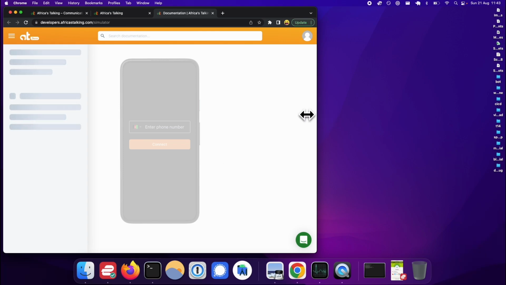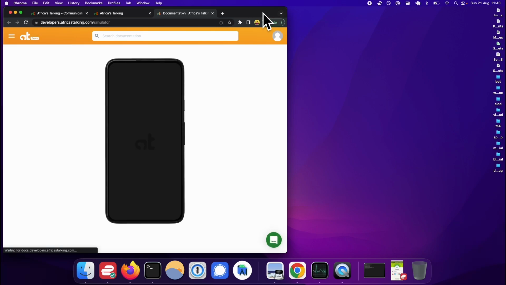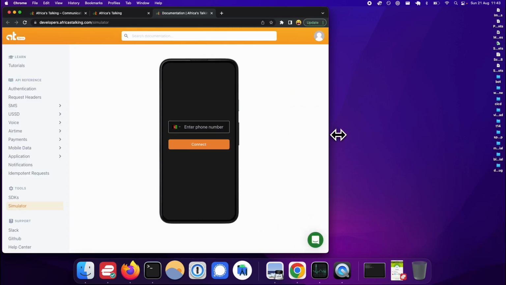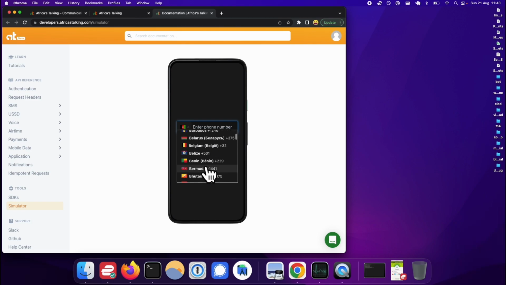So this is a simulator. I don't know why it's not loading right now, but it should. There we go. And then you can kind of click onto, let's say we're working in Uganda, or let's just say Kenya. So if you go to Kenya here,